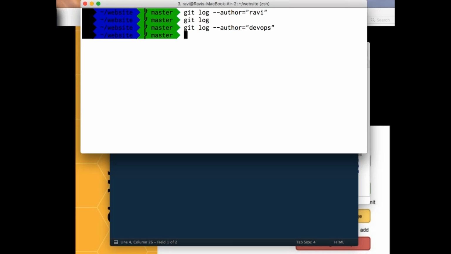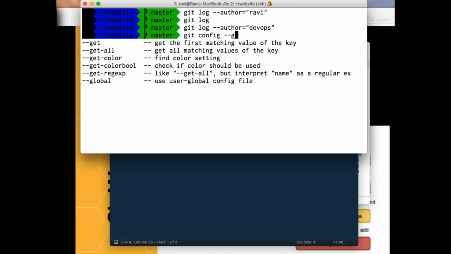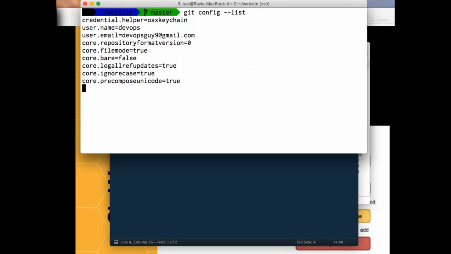No, that's just for example's sake. But here, my point was, how can you get that information? Git config --global --list. You see, that is what you have set up while you are setting up your environment. So that's how you need to go and check it. In this particular file, you can get this information. Git config --list.